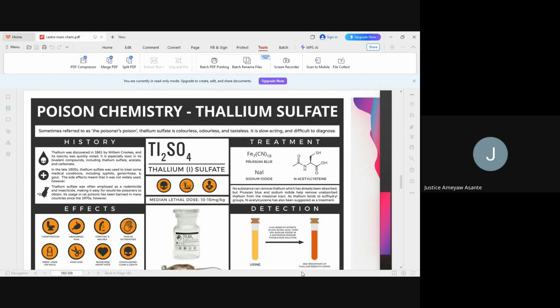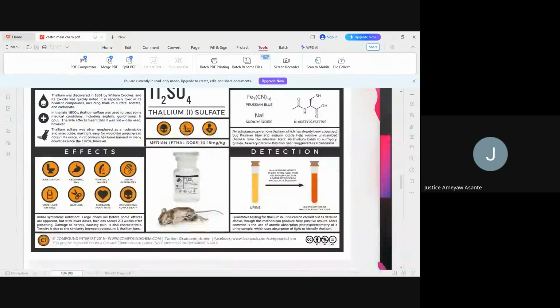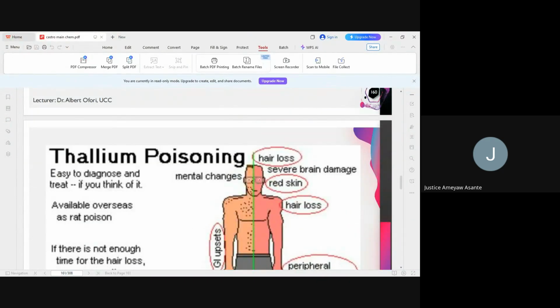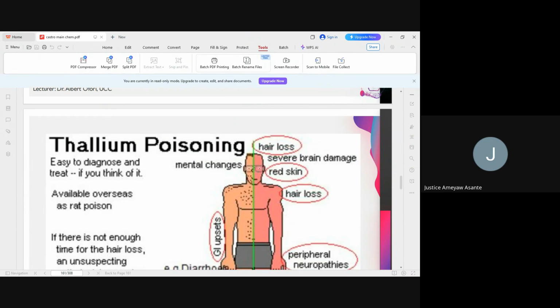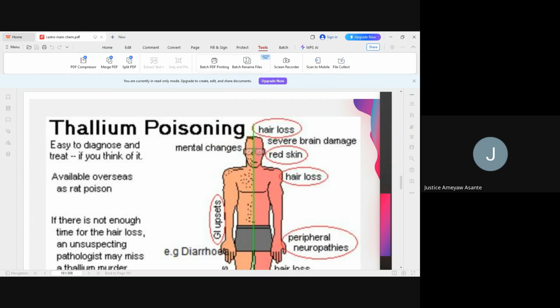Poison chemistry. Thallium sulfate is very poisonous. Thallium poison is easy to diagnose and treat if you think of it. It is available overseas. So, what are the symptoms? Hair loss, severe brain damage, red skin,